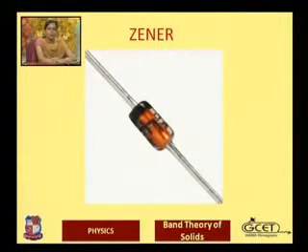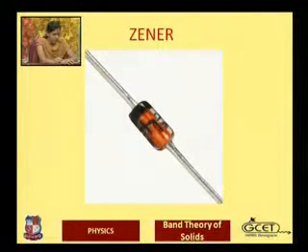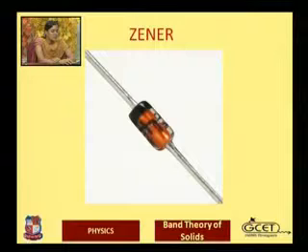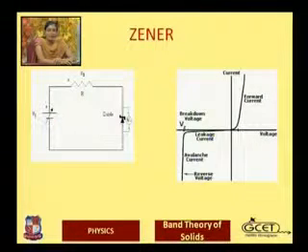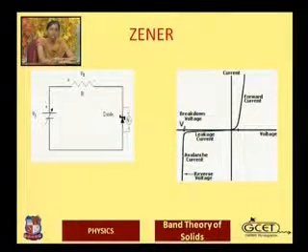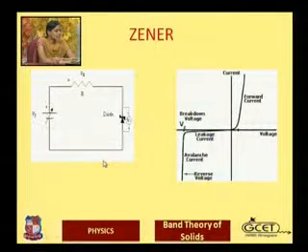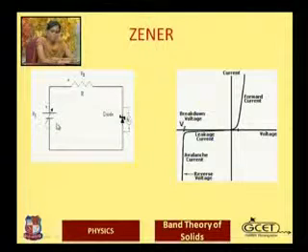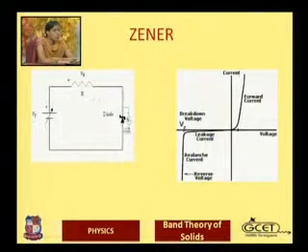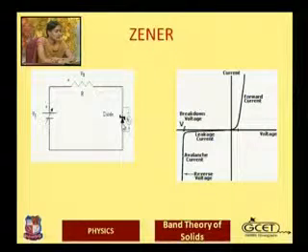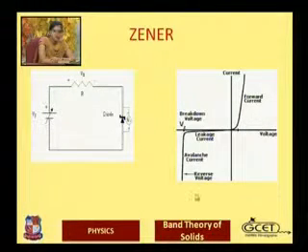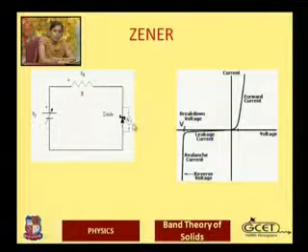And now there is a typical diode in which this doping level is very high, the Zener diode. As you can see, the picture of the Zener diode shows a black line on one end that shows the cathode of the Zener diode, and here is again the circuit of the Zener diode. One can see it is one and the same circuit as we have done, but there is a change in this diode symbol. This shows the symbol of the Zener diode.